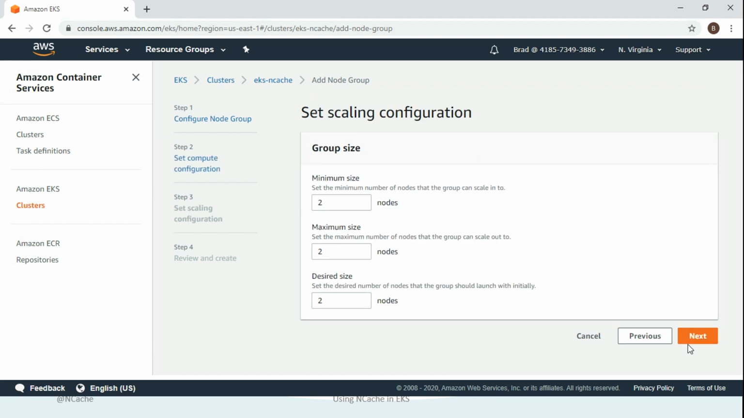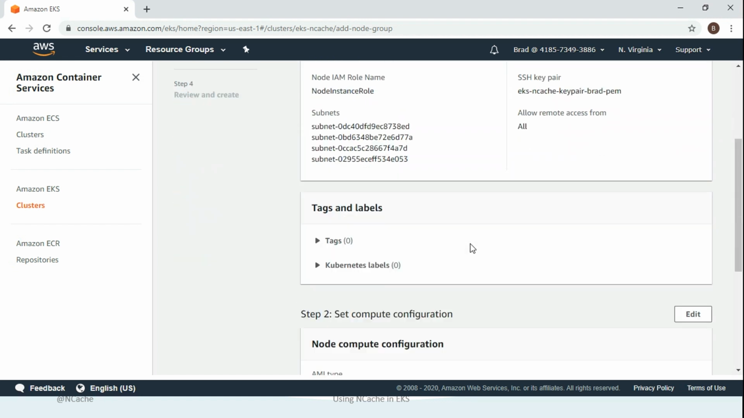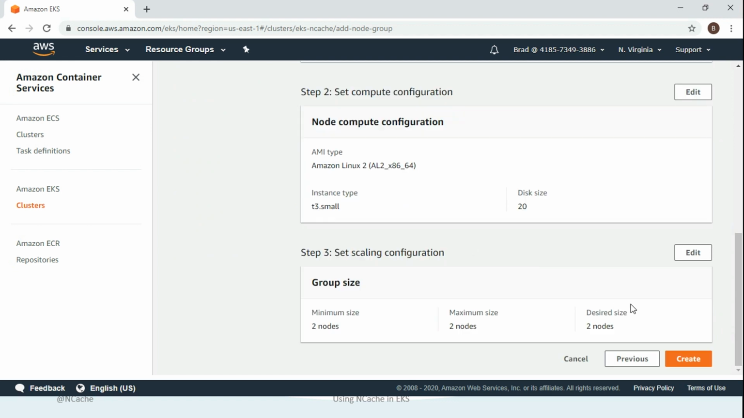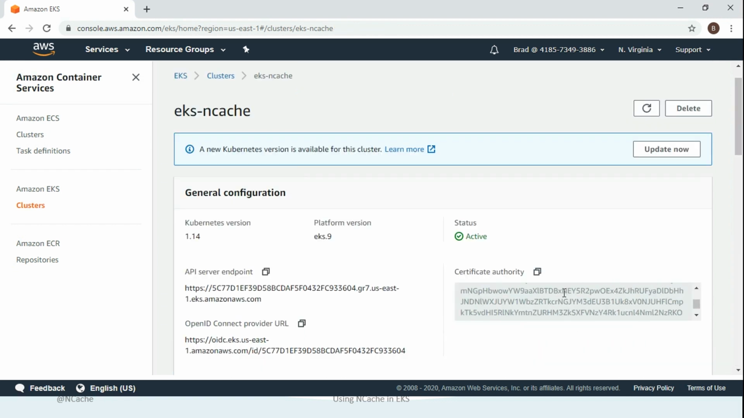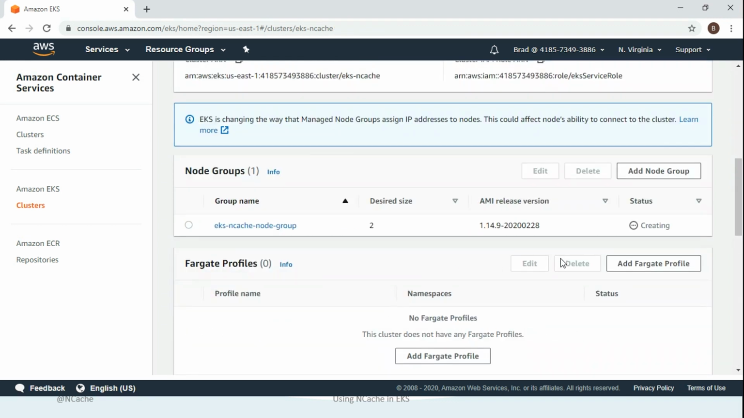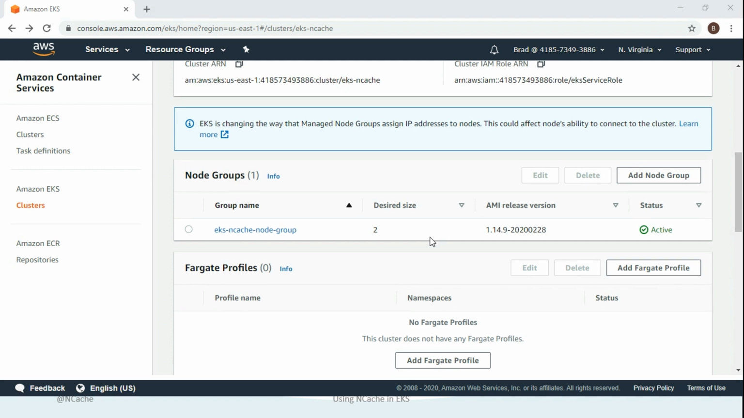After this I'm going to click next, and I'm going to select 2 worker nodes. Next, and here after looking at the parameters, I'm going to click create to start the creation of my node group. We see here that the node group is in the creating status right now, so I'm going to pause the video. We see here now that my EKS node group is active